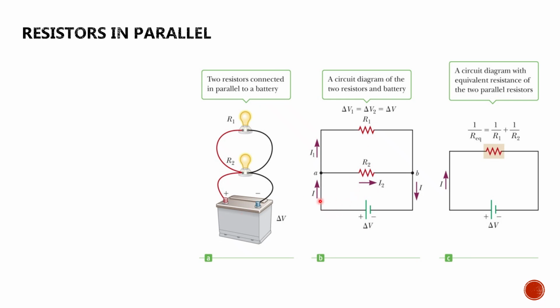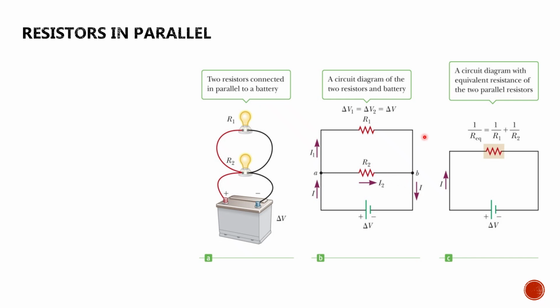The current flow would be from negative to positive, and once it enters this node or junction, some of the charges would flow here, some would flow here. The amount would vary depending on the resistors present. If there's more resistance here, then it's expected that the opposition is greater, so a reduced amount of electric current will be flowing in this part of the circuit.